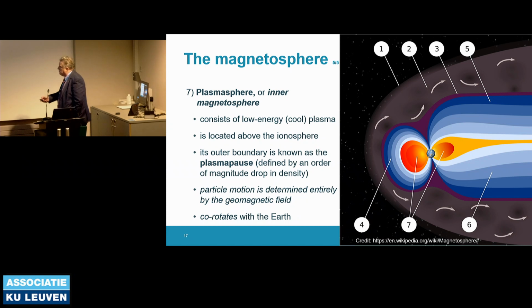And then, the last part is this orange part, the plasma sphere, also called the inner magnetosphere, which consists of low energy cool plasma. It's located above the ionosphere. You will hear about the ionosphere later this week. The boundary is actually defined as an order of magnitude drop in density. And the particle motion there is determined entirely by the magnetic field of the Earth. It also co-rotates with the